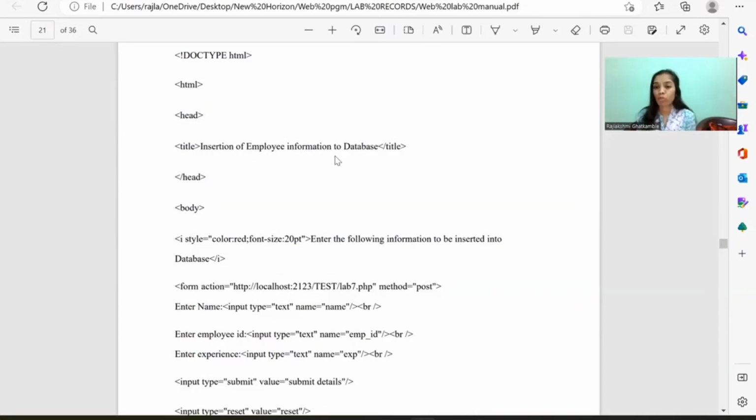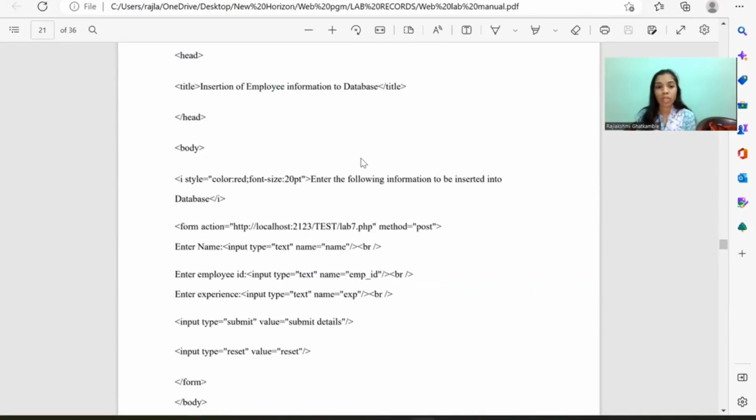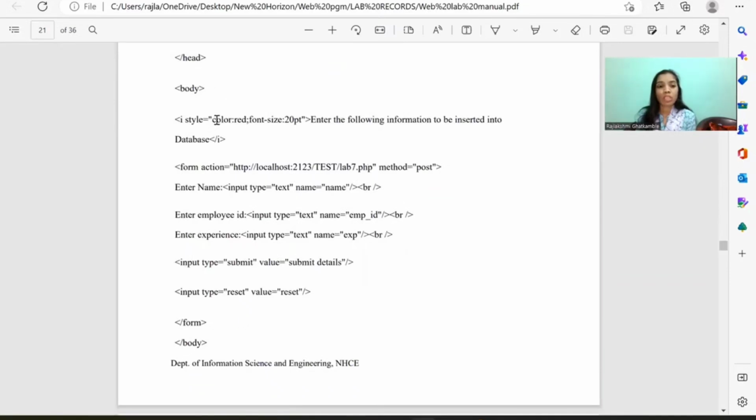insertion of employee information to the database. These are nothing but the style specifications given, like red color for the border and a font size of 20. And enter the following information to be inserted into the database. Meanwhile, I'll go on showing everyone